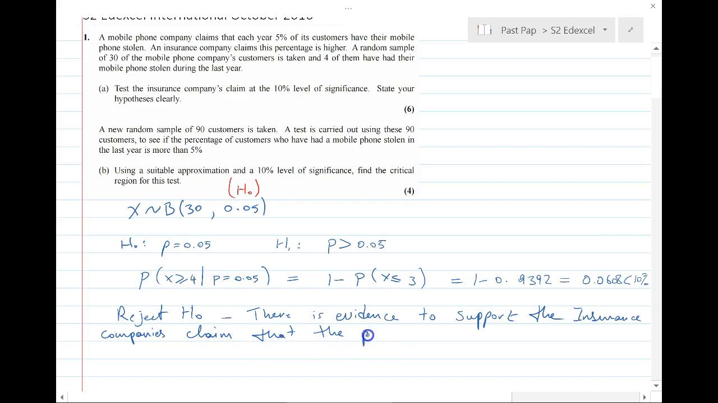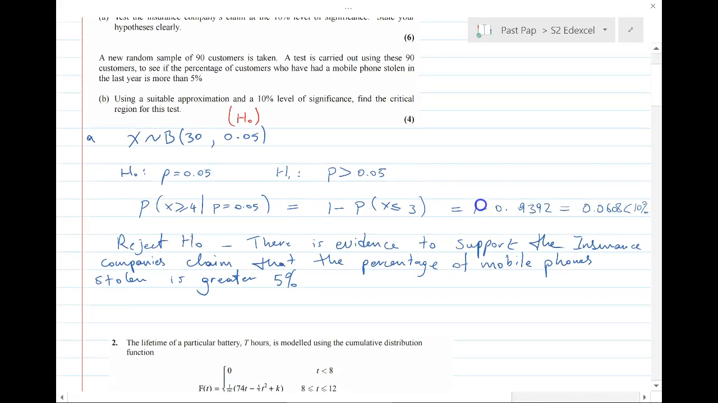that the percentage of mobile phones stolen is greater than 5%. Let's say I've written a little bit more than I need to get the marks, but we certainly don't want to be missing out on any marks. So there we go. That's the first question for part A. Right, now part B